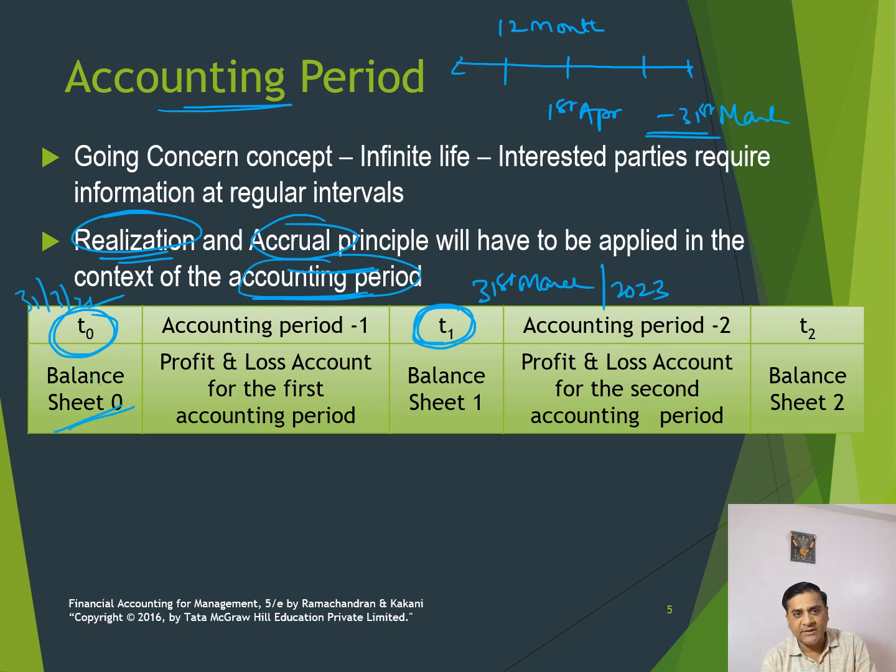So from 1st April 22 to 31st of March 23, whatever transactions happen, these are recorded in the profit and loss account. Then on 31st of March, you have a balance sheet, which would be the balance sheet at the end of year 1. Similarly, the balance sheet at the end of year 2, and the timing between these two would be the period wherein we record the transactions related to the profit and loss account, right? So the accounting period says that you need to make the transactions for the P&L account for the complete accounting period, which is of 12 months starting on 1st of April and ending on 31st of March.